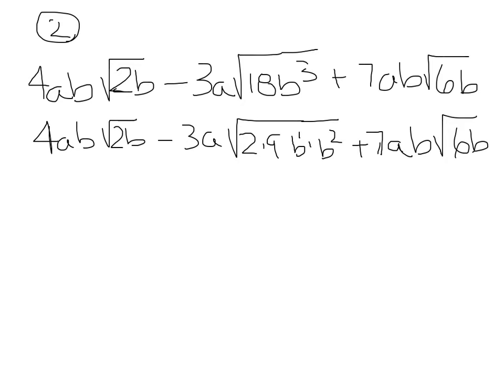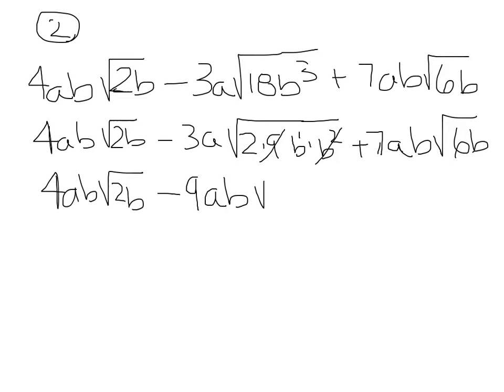So I'm going to go ahead and rewrite the first term, but I'm going to continue to work on this second term. I can take the square root of 9, that's 3, and when that 3 comes out, it's multiplied by the 3 on the outside, so I get 9, and when the b squared comes out, it comes out as a b, so I'm left with a and a b, but the 2 and the b stay inside. Third term is staying the same,